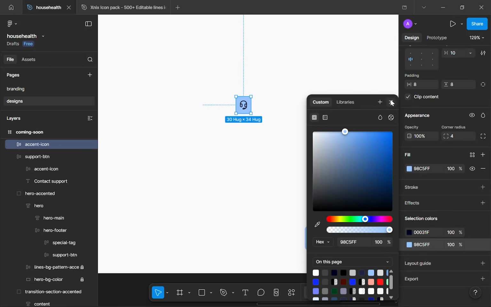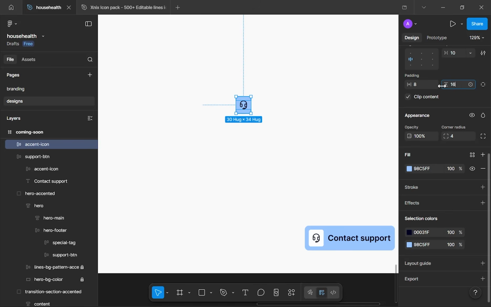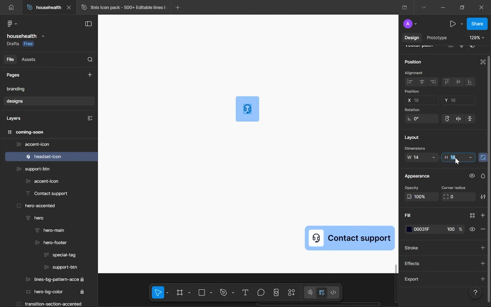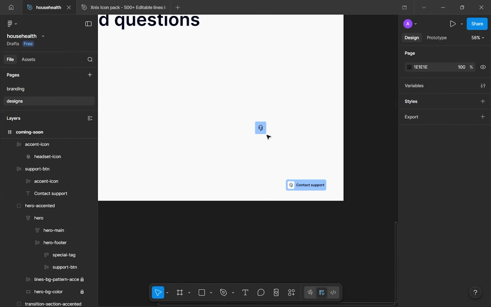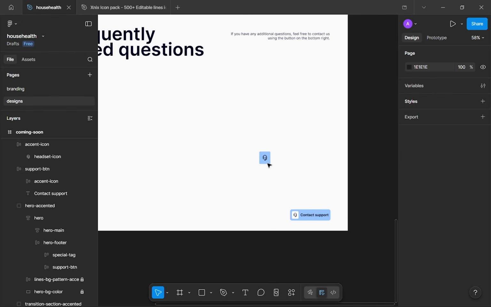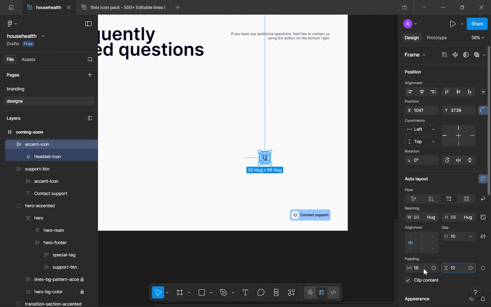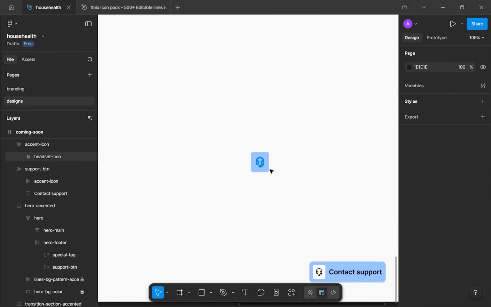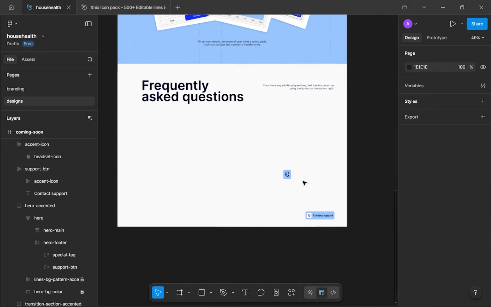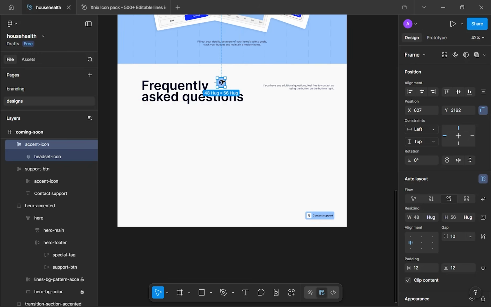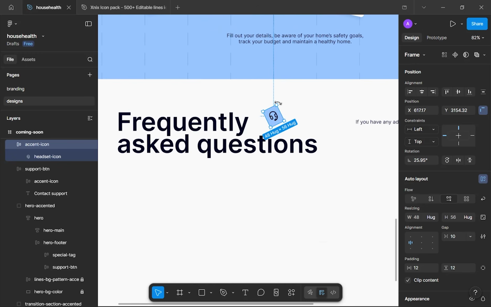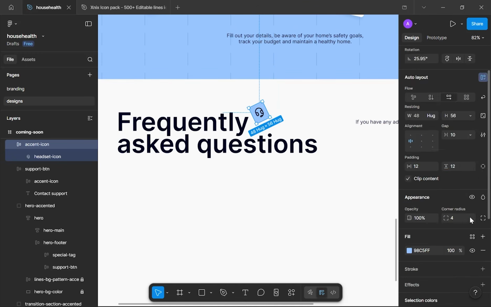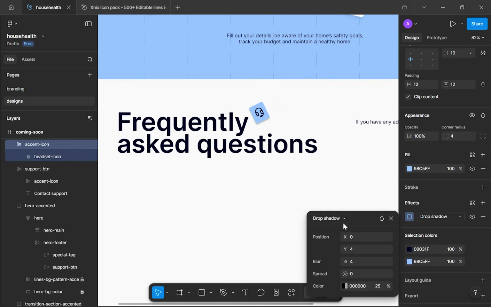And I want to increase this padding to 16 by 16. I also want to increase this to 24. Something like this, but let's decrease the padding to 12 and the size to 24, 32 actually. Then I want to bring it over here and I want to overlay it, rotating it something like this. Obviously I want to have an effect on it, which is what we've been doing throughout, -4, 12, 12, and